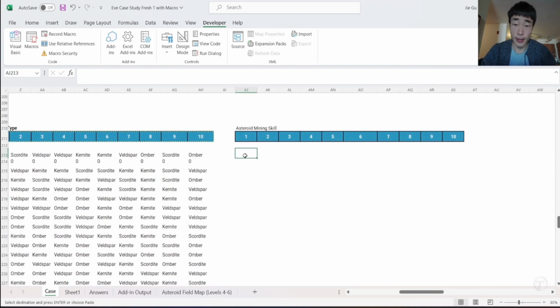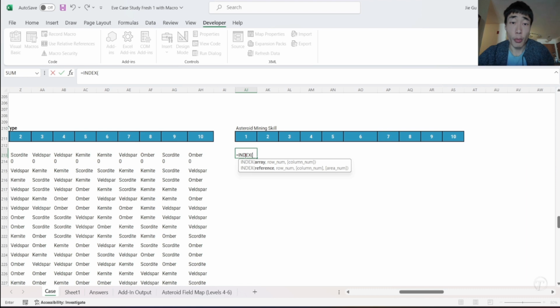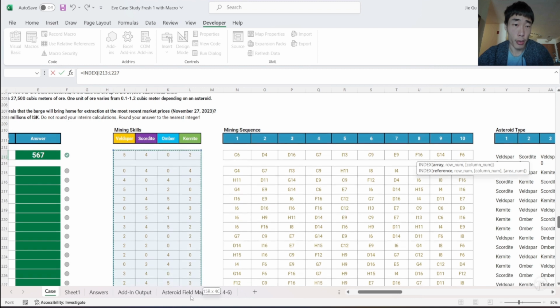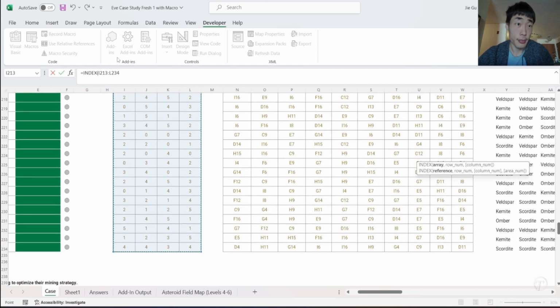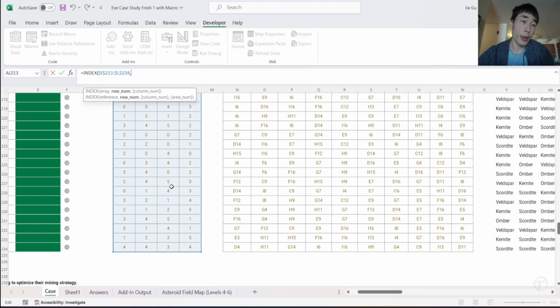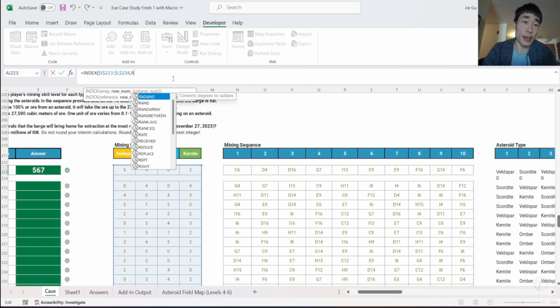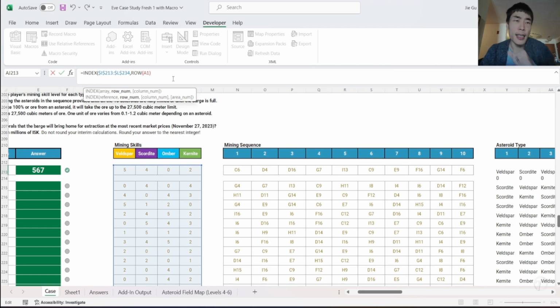And so all this is equals INDEX. And we're taking an array, so we're just grabbing this entire array here. But we want to keep this static because this is the lookup array that we want to use. Row num, so essentially this is row 1. As we drag down, we want to increment. So the easiest way I can do that is to use a row reference to A1. Essentially, I just want this to increase from row 1 to row 2 to row 3 as I copy the formula down. And then